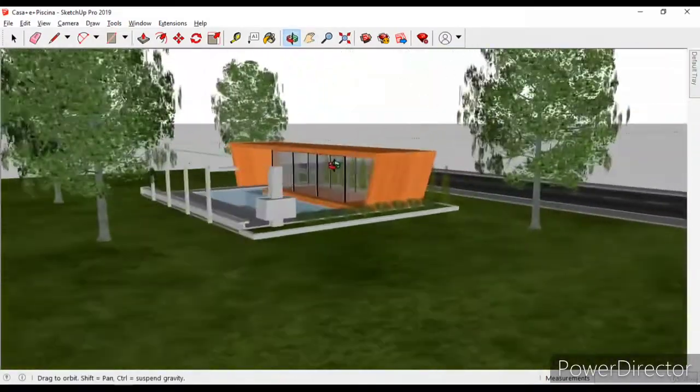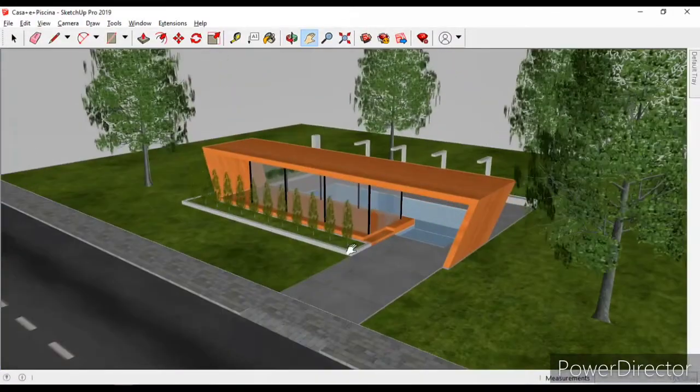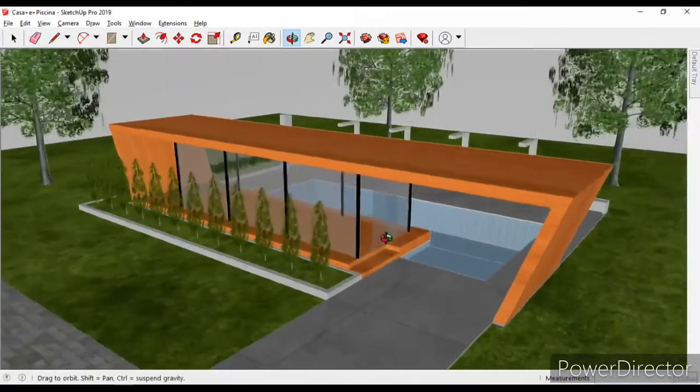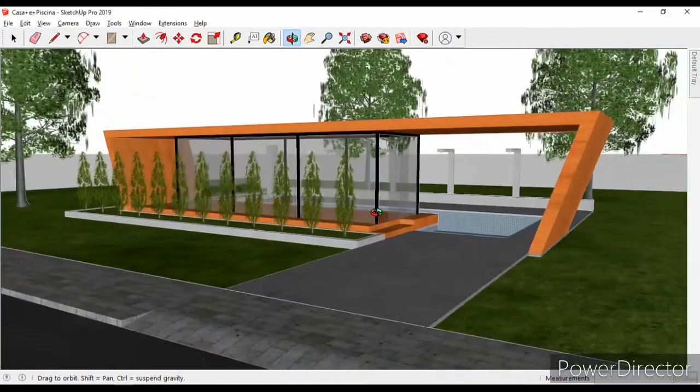So try this tool by yourself. You will find it really simple and you will have a greater sense of visualization of the interior places, and you can have a better sense of camera angle if you want to visualize it.